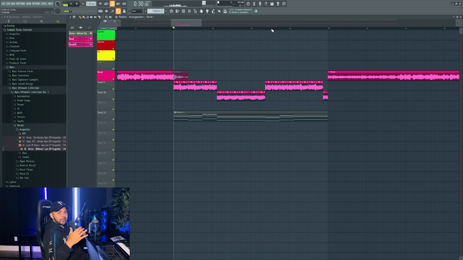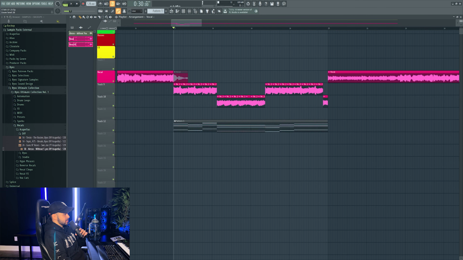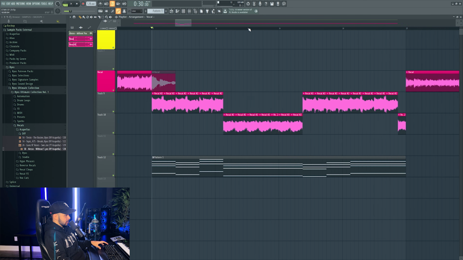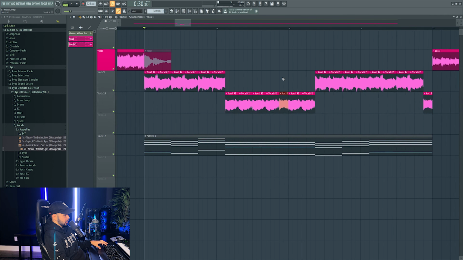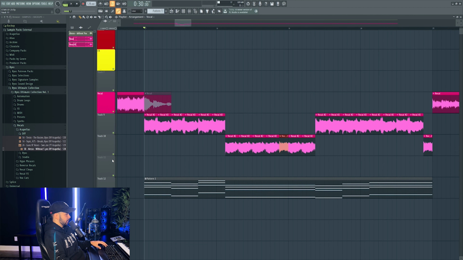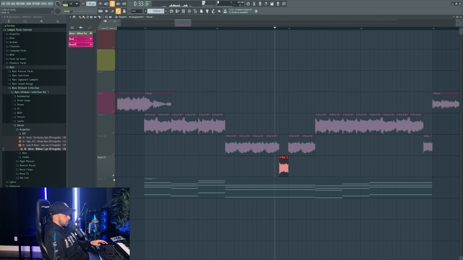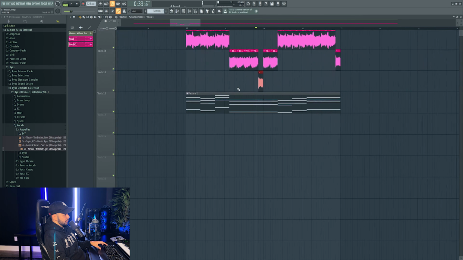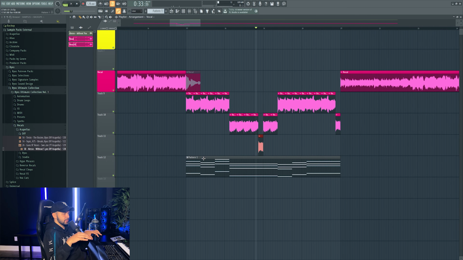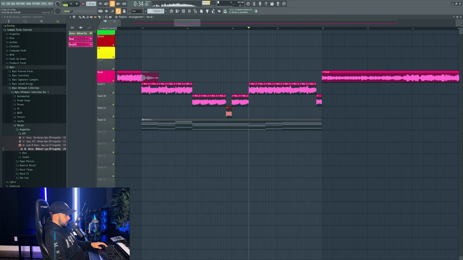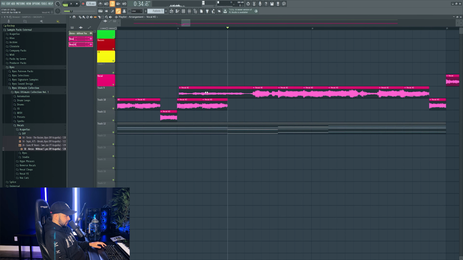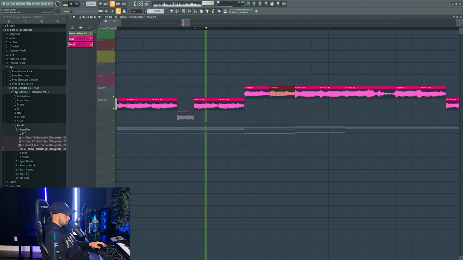Okay, so I'm going silent, going a little bit rogue here. Basically, my thought process is, number one, for this ending piece here, where it's only these two small rectangles, to have a special fill here, right? So that's this vocal chop. I think that sounds cool there. And then basically what I'm trying to do is, because of the way this chord progression is made, where it progressively goes down and then comes back up, I'm trying to match the vocal chops with those chords and keep a relatively simple vocal chop as well. Like this one definitely needs to be different. We're gonna check out the second verse here. Maybe there's some more elements I can use.